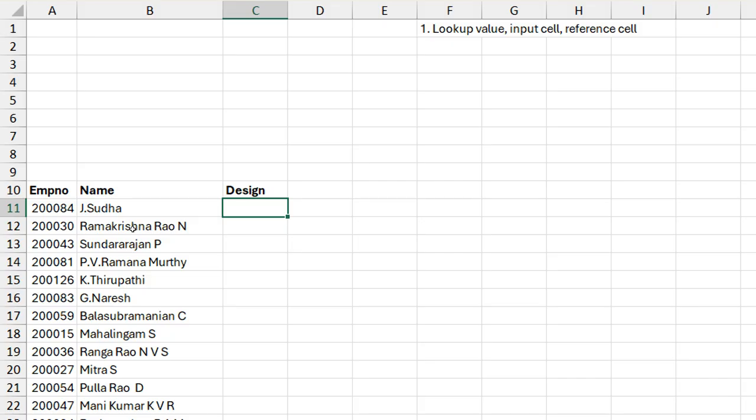So first decide which is your lookup reference, which is your input. So you have rightly told that employee number. Same thing, even VLOOKUP also will do the same thing. VLOOKUP also will take the employee number as a reference. Super. Second,